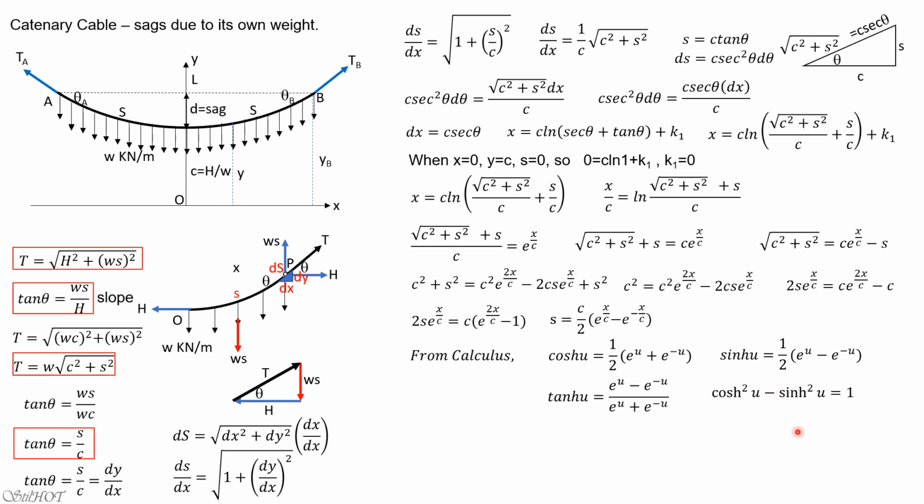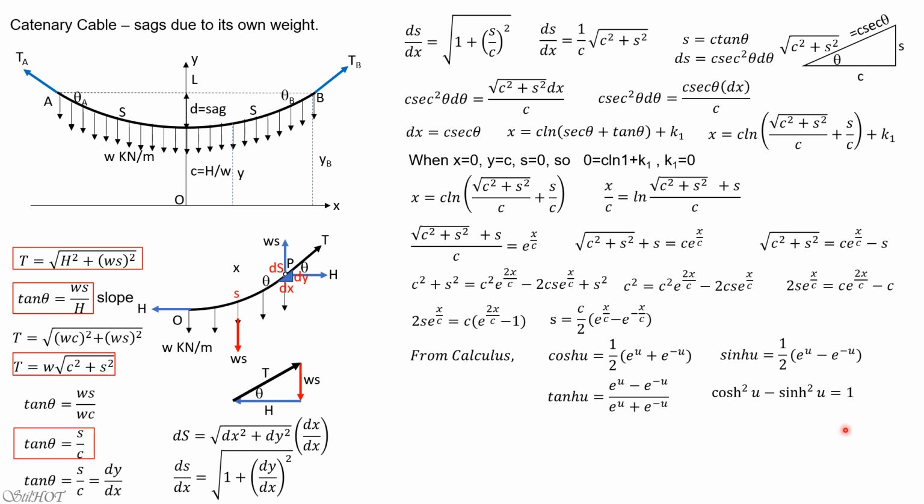To verify this identity, you have to substitute this cosine equivalent, then square it, minus the square of this term, you will get 1. So that's why that's the identity. You can divide by cosine hyperbolic square and write it as 1 minus tangent hyperbolic square of u equals secant hyperbolic square of u. You can divide everything by sine hyperbolic square, so you have cotangent hyperbolic square of u